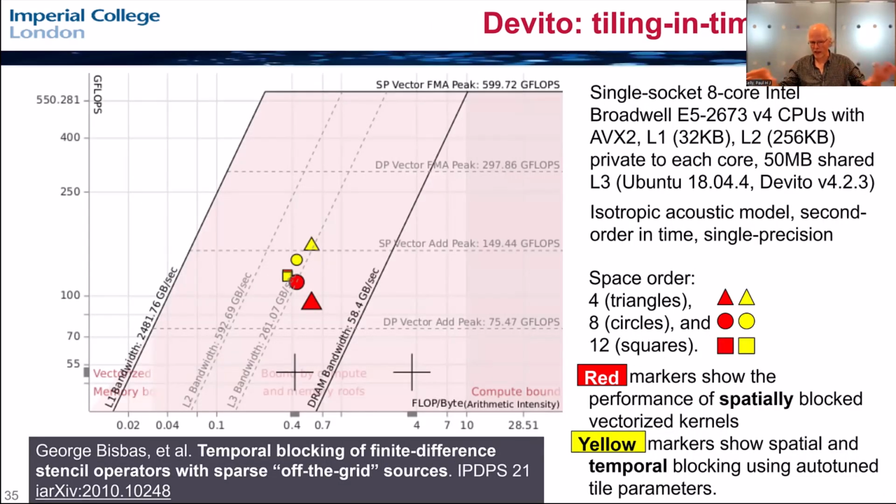Tiling in time is where we grab a patch of the mesh and we advance multiple time steps whilst keeping all that data in the cache. And then we move on to the next patch, the patch that fits into cache, and we do the same thing. At low space order, this gives a performance improvement of roughly 40 or 50%. At very high order, it actually gives almost no performance advantage. And for many of our seismic inversion problems, actually we're living in a fairly high order regime. For things like fluid dynamics, this is potentially actually quite a big deal.